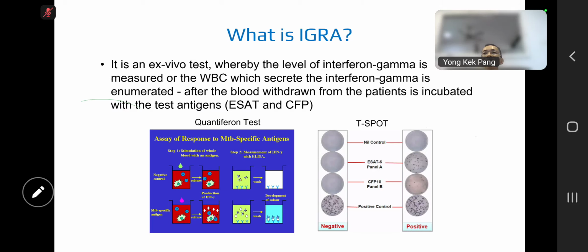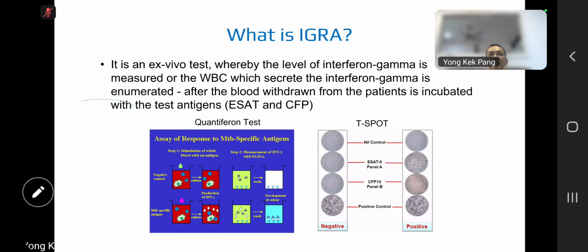Whereby the level of interferon gamma is measured, or the white blood cells which secrete the interferon gamma are counted or enumerated after the blood is drawn from the patient and incubated with the test antigens outside the body. Okay, just now the tuberculin skin test is an in vivo test where you inject the tuberculin directly